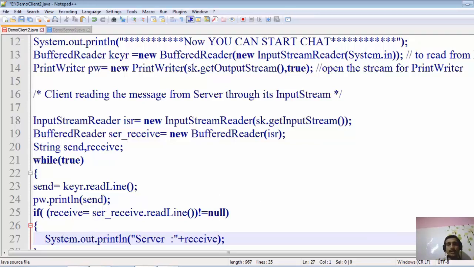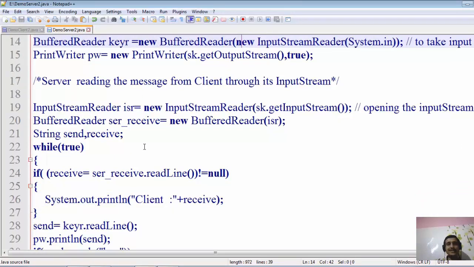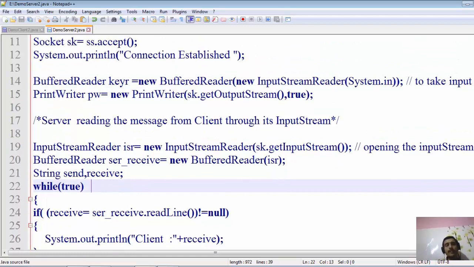Okay, so till now it is clear to you. So now comes to this demo server, and let's see what happens. Now when we are writing to the demo server, the demo server socket must be in a position to receive this. So the demo server's input stream will come into the picture. Because we have opened the output stream for our client, the input stream will be automatically open for the server, because it should read the message that we have given to it.